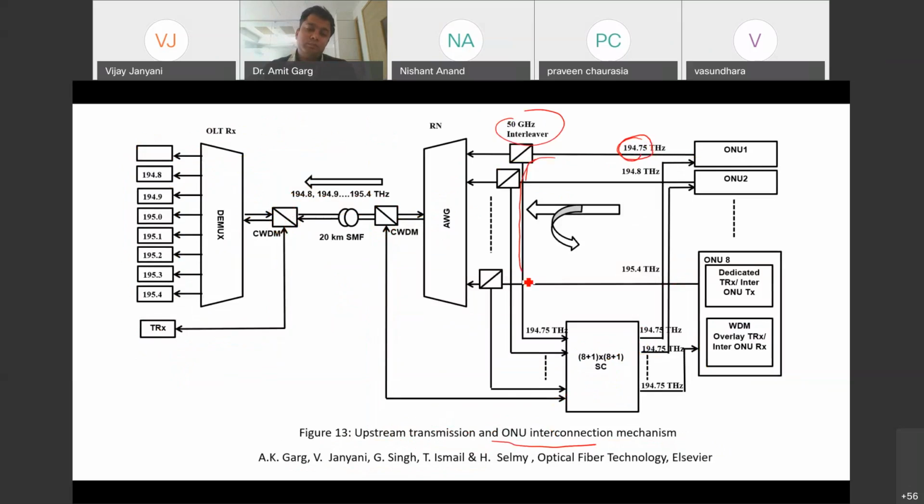It diverts it here, and then it is split. Same thing. This can also transmit on the overlay wavelength, but it is not required.